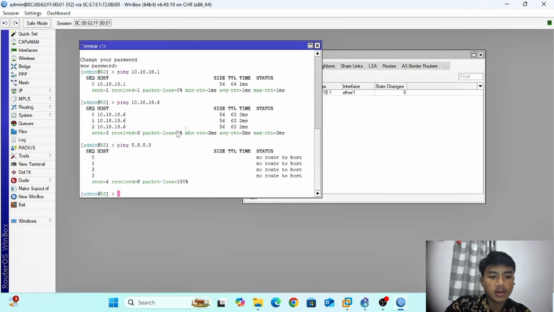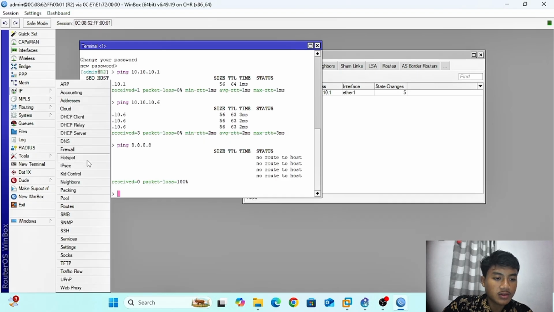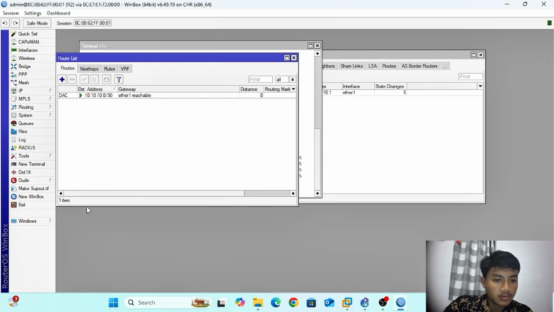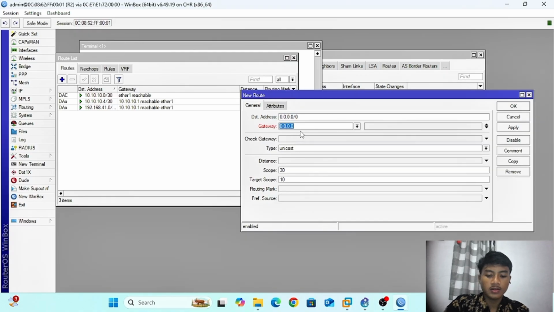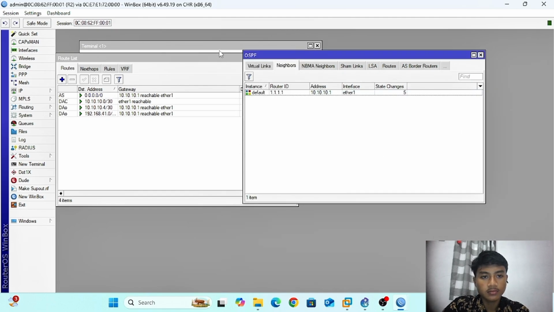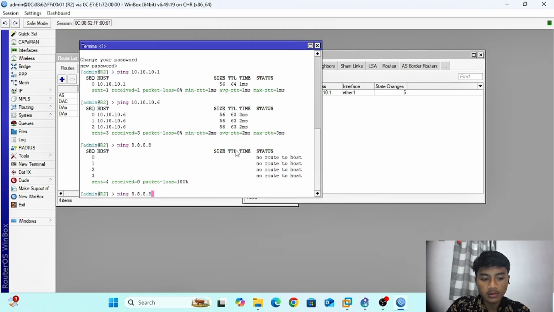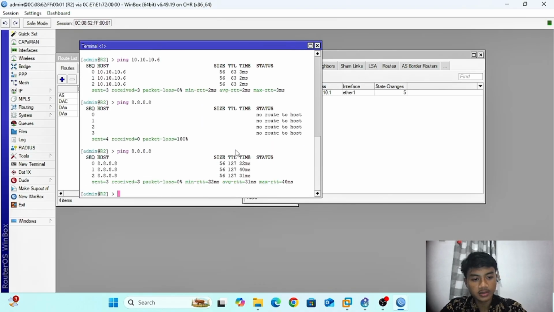Okay, in order for the hosts to reach the internet, I will set static routing to the internet gateway. The gateway is the IP from router 1, 10.10.10.1. Okay, success.